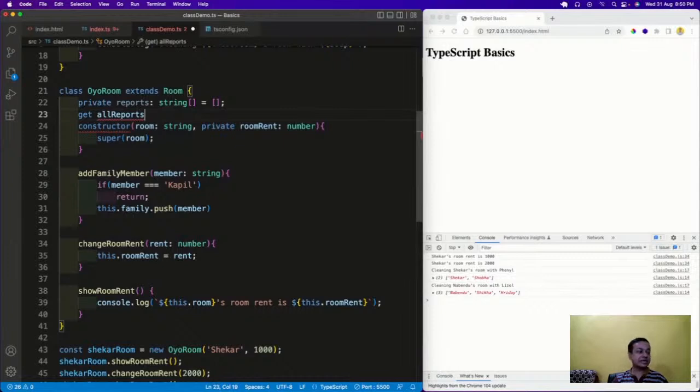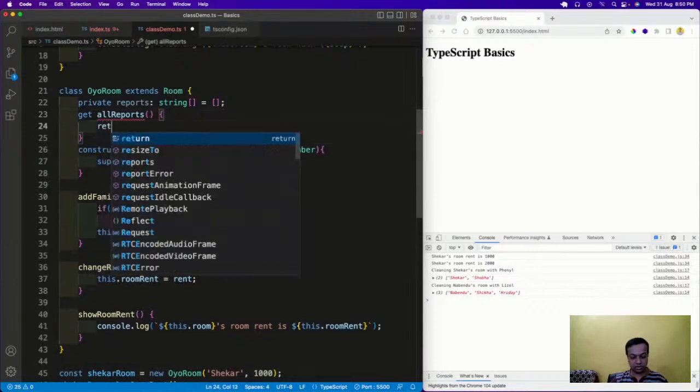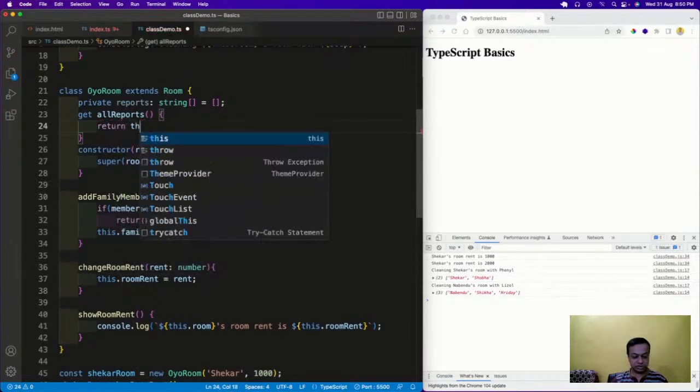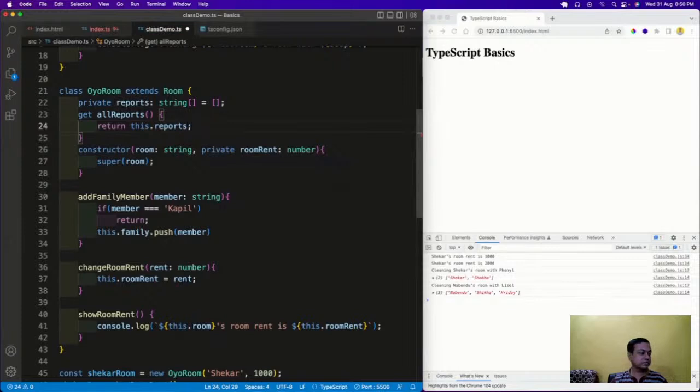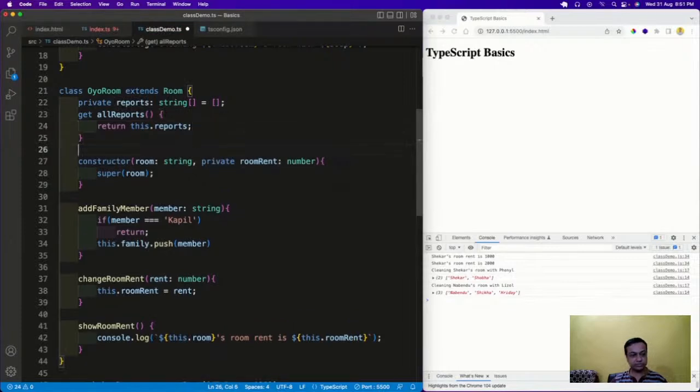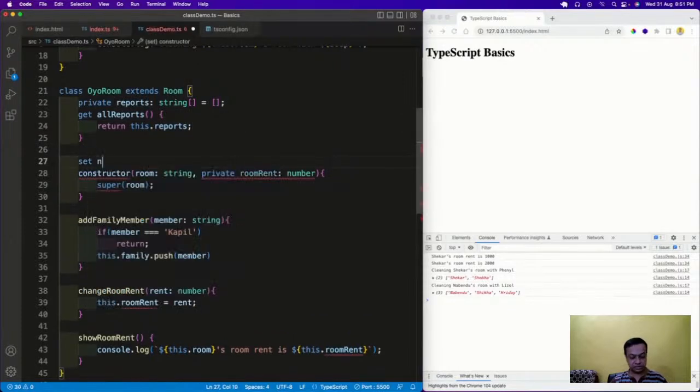So the setters and getters are with the get and set. Get is a getter, and we have a different format for that. That's okay. So all reports I've done. I am getting, and then I'll do a return this dot reports. Then I'll have a set new